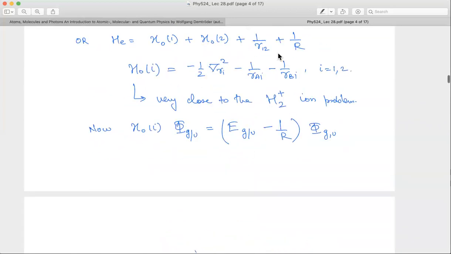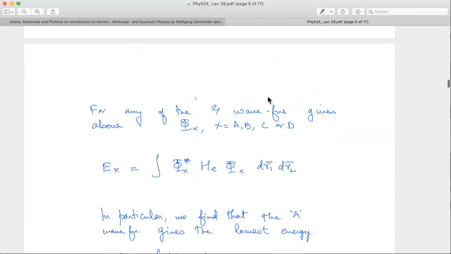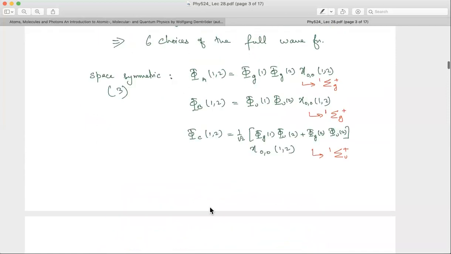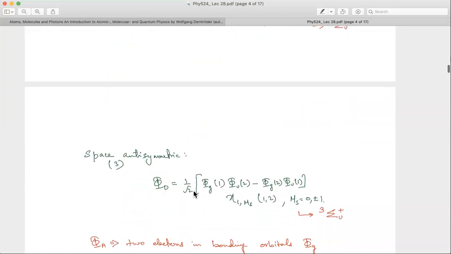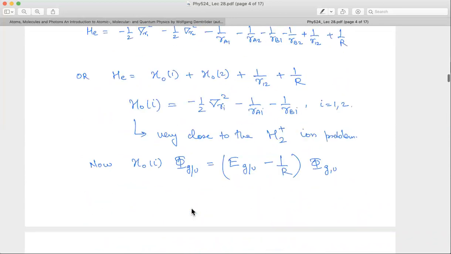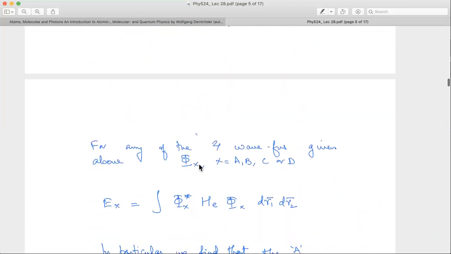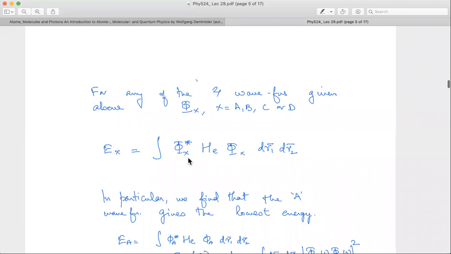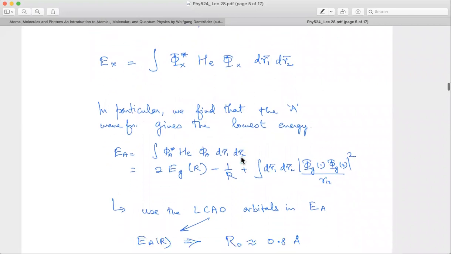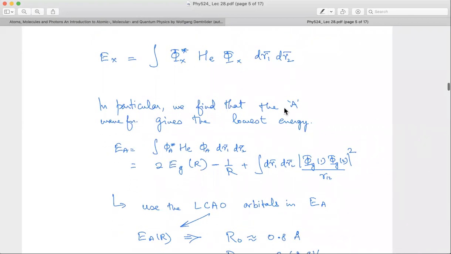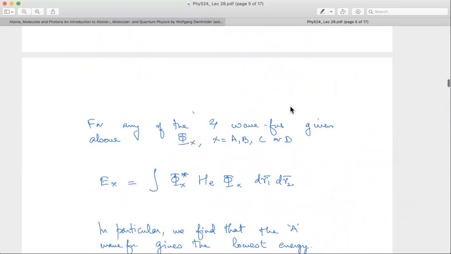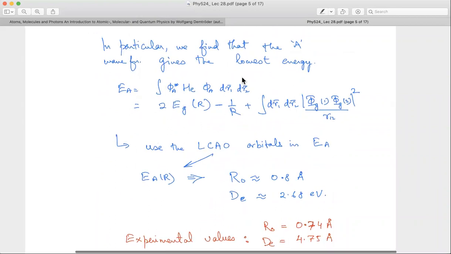So that's the starting point. Now for each of these four wave functions, or each of the six wave functions, but I just wrote down four explicitly, A, B, C, D. So the spin triplets are all coupled into one notation, D. So for any given phi x, where x is A, B, C, D, I can calculate the energy by doing this calculation: phi x, H, phi x, assuming phi x are normalized, else I have to divide by the normalization. And in particular for the A wave function, we can do this calculation explicitly, and you will find that the explicit calculation shows you that this is the energy.